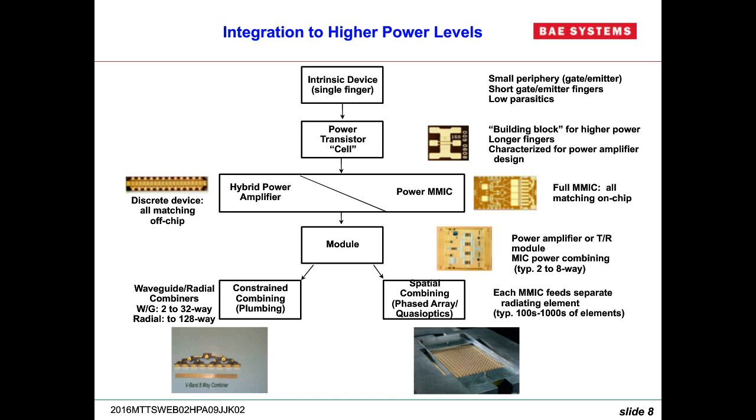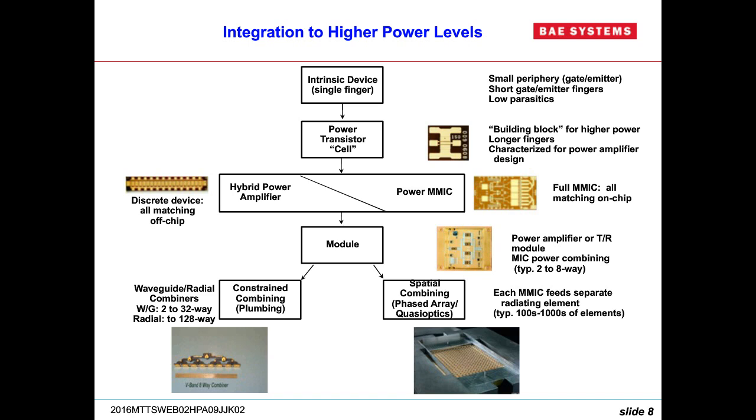The first thing is you build a bigger power transistor cell. This is the transistor building block that you characterize extensively for your design. You can't go all the way to the peripheries desired for a given power level because it would be unstable and thermally limited and not able to characterize or model it. So you build it up based on a little cell. And you can do that effectively with modern CAD.